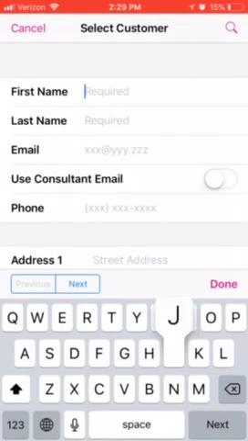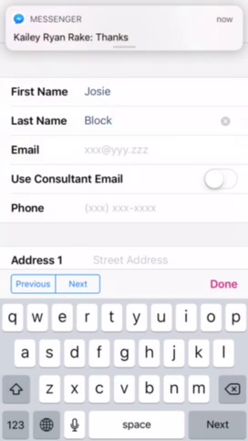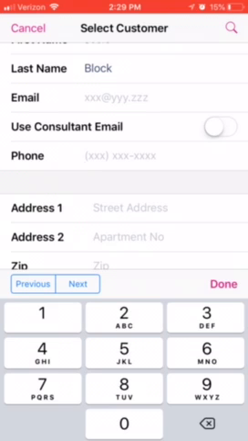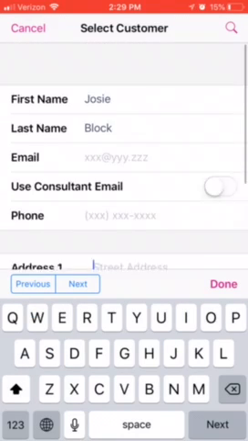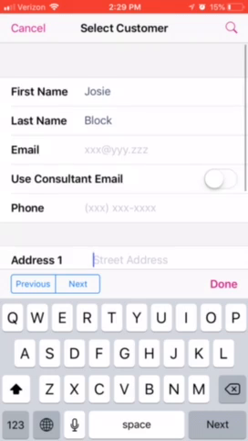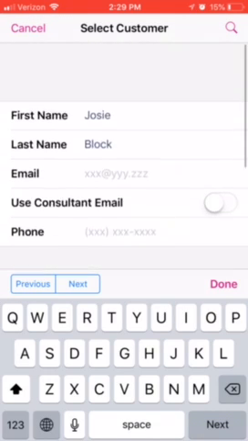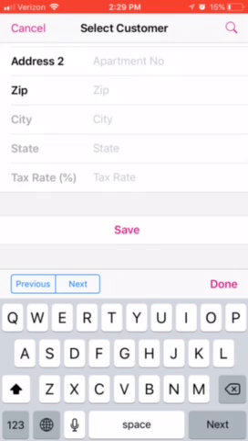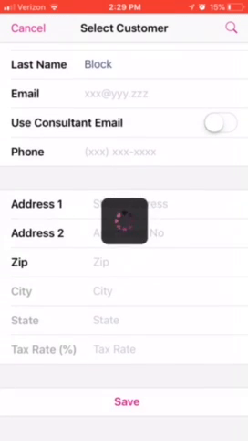and if it's shipping to the hostess, just put their first and last name and you can get their email if you want to, or you can use your email and their phone number. Actually, if it's just shipping to the hostess, you can do their first and last name. I would advise getting their email though, so then that way they get alerts to their 31 website. You'll click save,